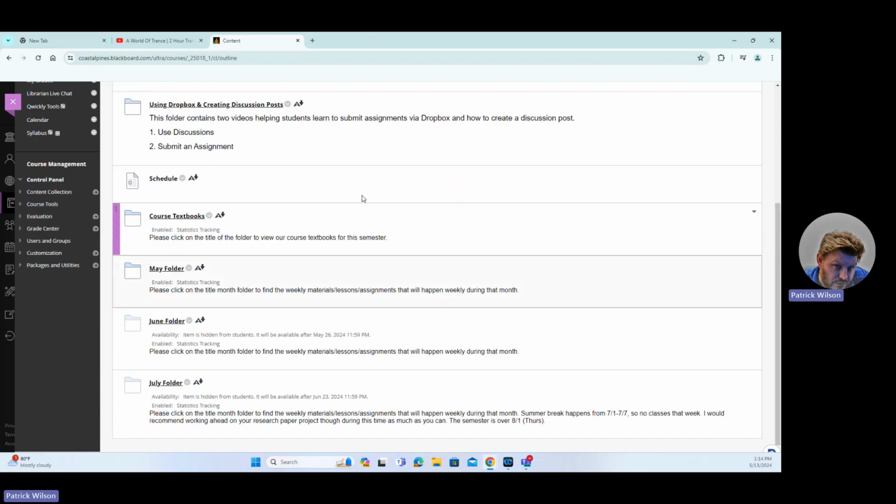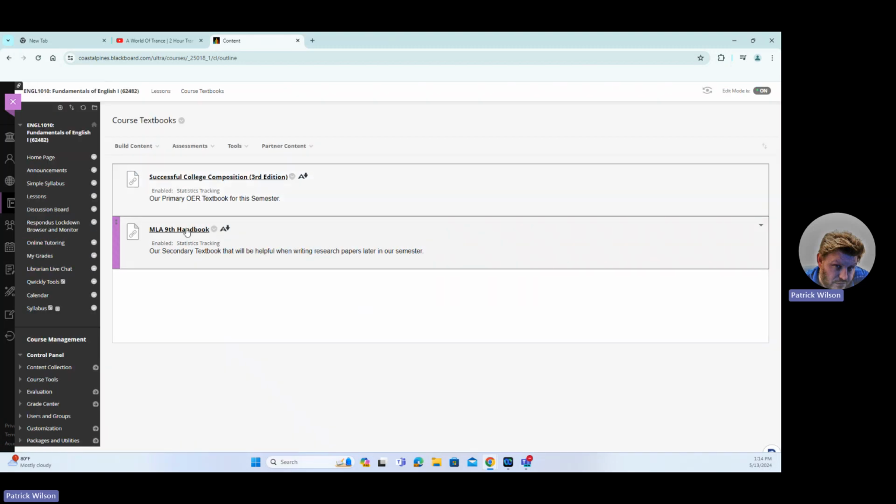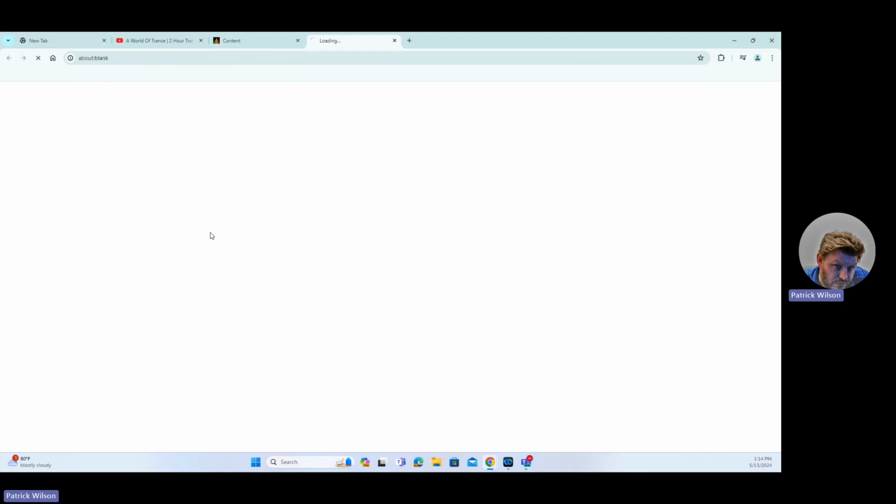And if you look, this is where you're going to find your course textbook. There's really 2. One is a handbook. If you click on it, it will take you there. It's a PDF handbook. It's your MLA 9 handbook. So for everything that you type in this class, essay-wise, proposal-wise, research paper-wise, homework-wise, you want to use the MLA 9 format. And we will talk a little bit more about this as it gets closer to really writing that